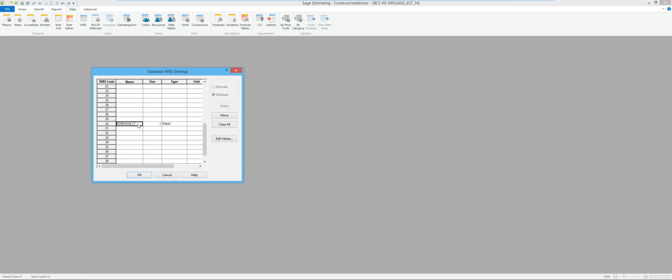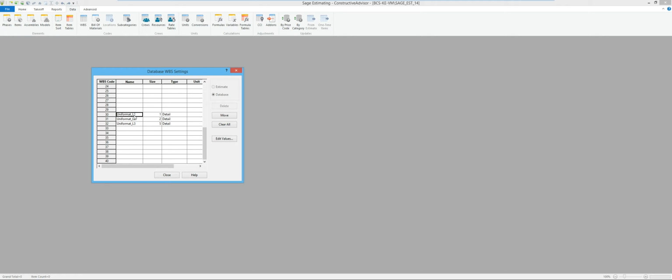So in this case, I'm going to go ahead and just take this and copy it a couple times so that way I don't have to retype it. So I'm going to say uniformat level 1, 2, and 3. And we said this was a 2 character and that was a 5 character. So that basically has my value set up. So I'm going to hit OK here.